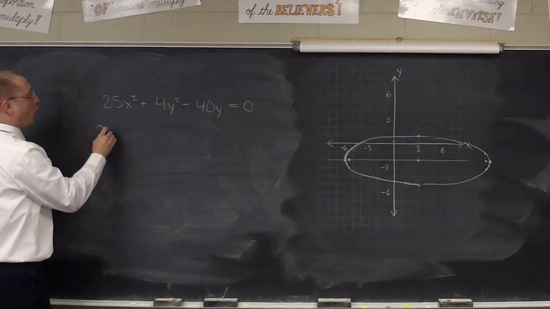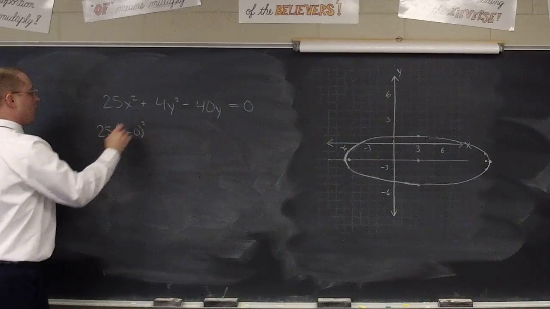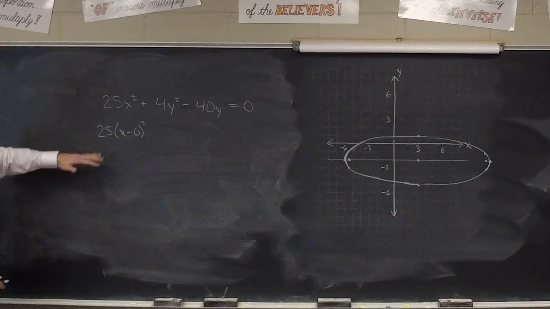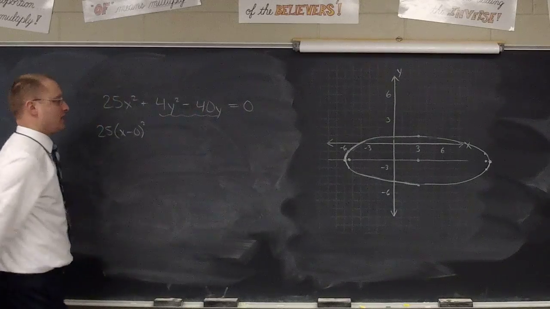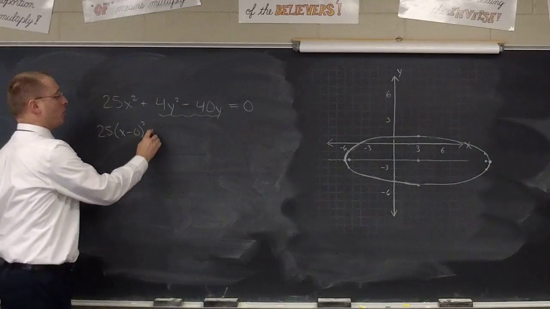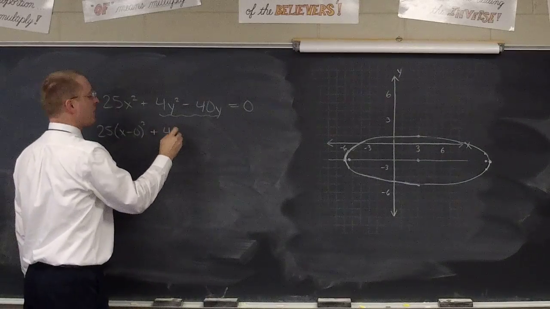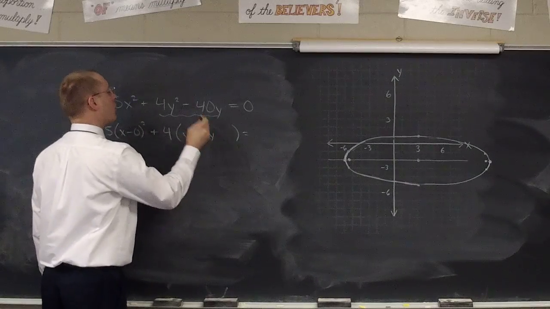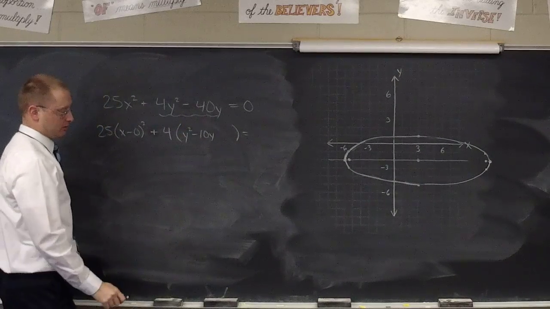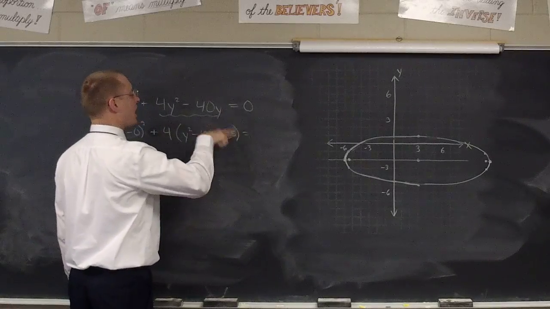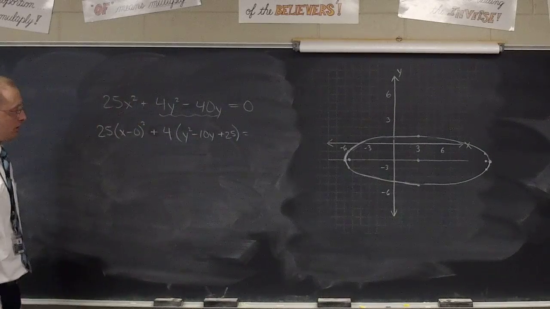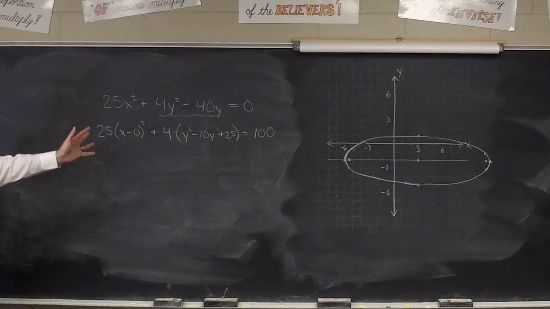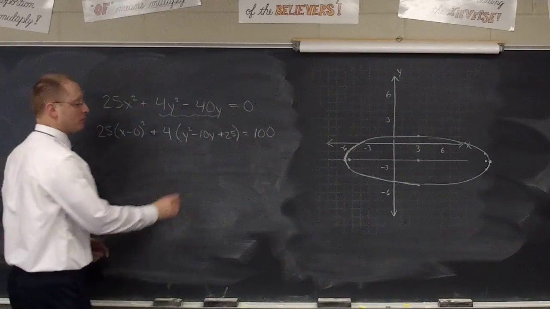Now here, I could already make this a 25x minus 0 squared if I wanted to. That's not really much of an issue. Here's the only real place we need to address. We need to factor out a 4, which will leave us, in parentheses, something that is going to complete with a 25. But on the other side, what do I add to the 0? A 100. This y squared minus 10y plus 25 could be rewritten